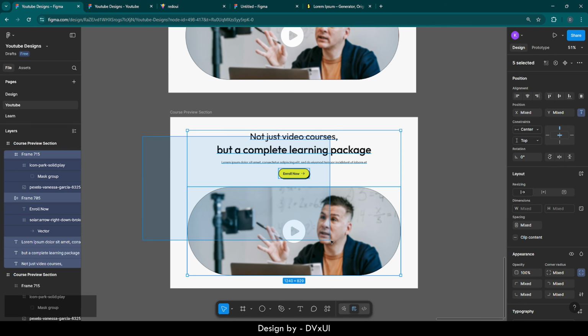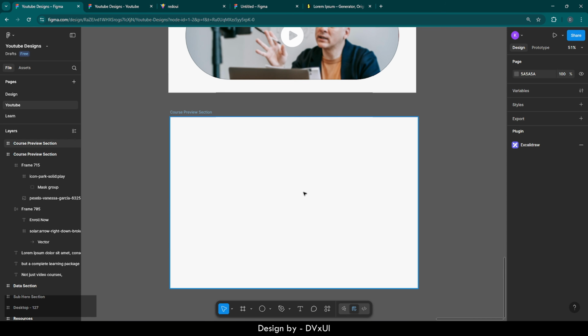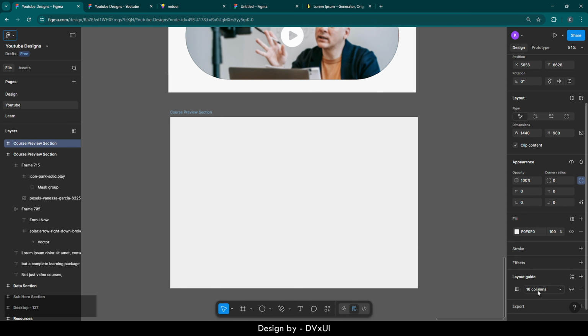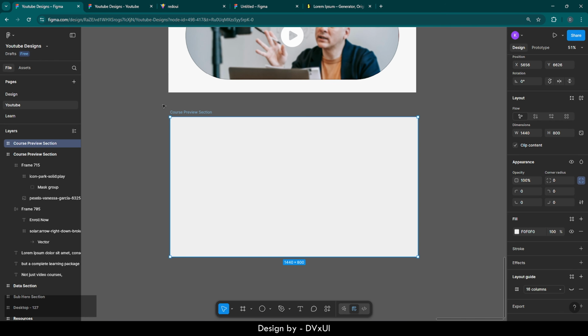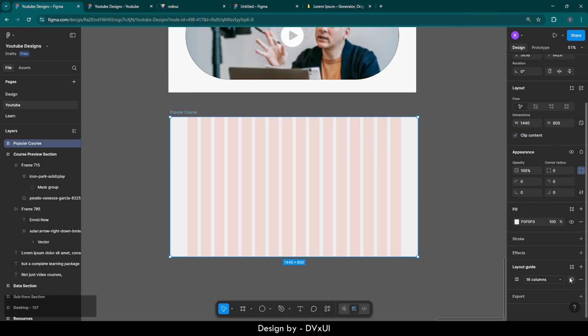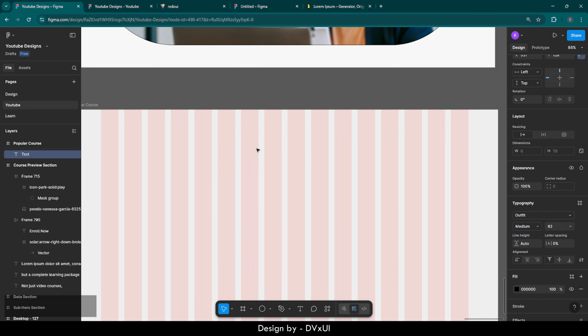And now I'm going to erase all of them because I don't want it. The color is going to be changed from F9 to F0, a slightly gray. The height is also going to be changed, which is going to be 800. And the name is going to be popular courses. Let's re-enable our layout grid and take a text and start designing. Here, what I'm going to do is, I'm going to write popular courses,